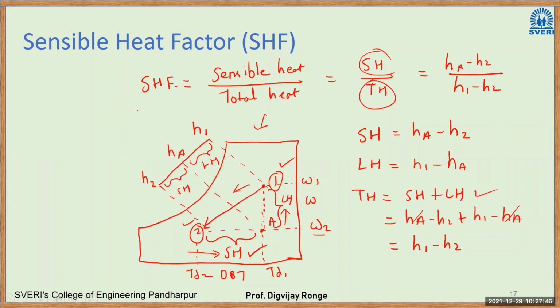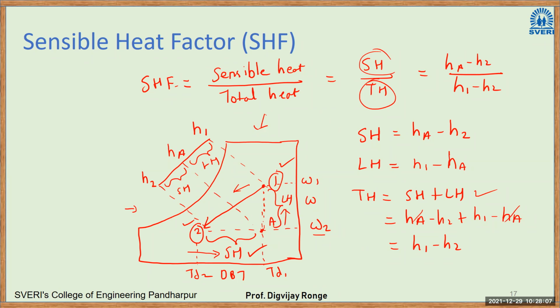Right. So today we're going to solve some numericals. In the last lecture, we stopped at this point, sensible heat factor. Sensible heat factor is the ratio of sensible heat to the total heat, SH divided by TH. Again, here in this case, total heat is the summation of sensible heat and latent heat. This is the figure we were studying yesterday.